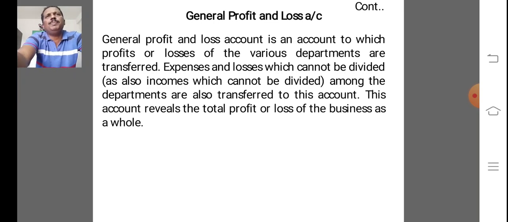In the absence of any instruction, the mentioned items are to be taken in the general profit and loss account. On preparation of general profit and loss account, the total profit or loss of the year can be ascertained. The total profit or loss of the year must be transferred to capital account in case of departmental undertaking being a sole proprietorship or partnership, and to profit and loss appropriation account in case of departmental undertaking being a joint stock company. And next step, preparation of profit and loss appropriation account.